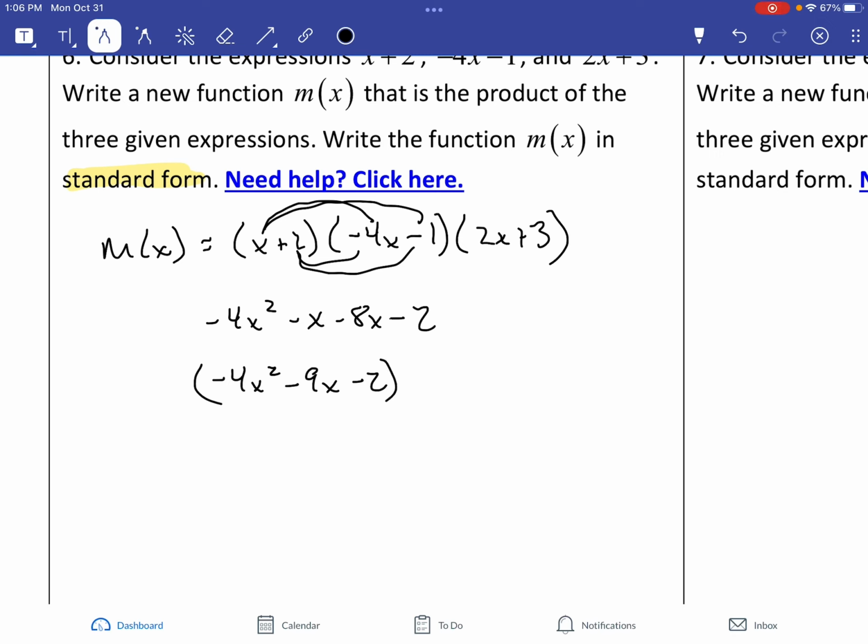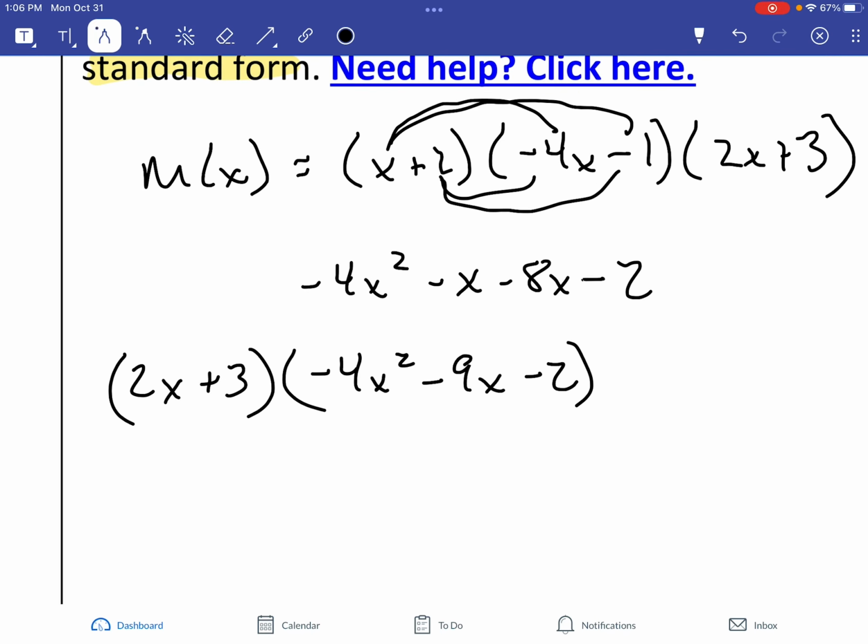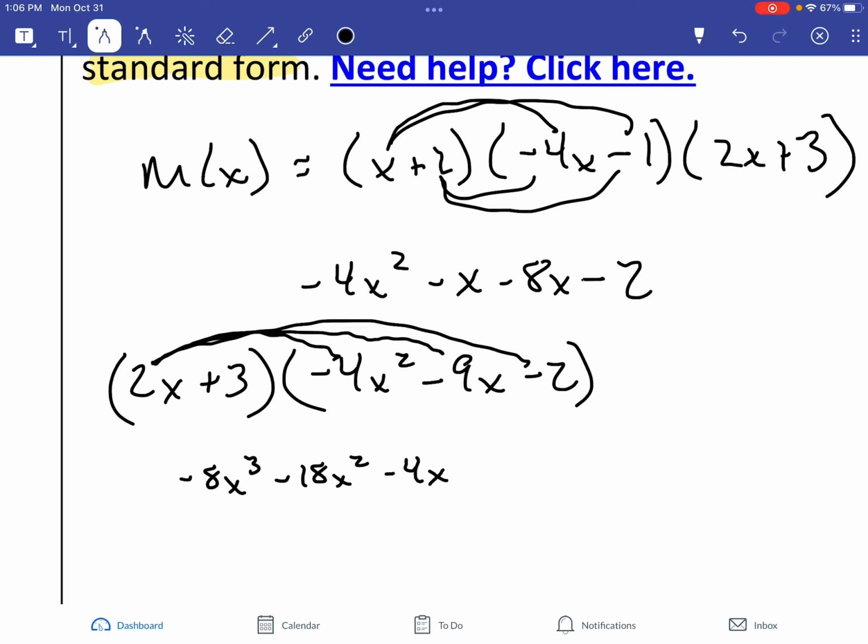I'm going to put the 2x plus 3 out in front because I find it's easier to multiply the 2 times the 3 versus the 3 times the 2. So again, I'm going to rainbow this sucker. 2x times negative 4x squared is going to be negative 8x to the third. 2x times negative 9 is negative 18x squared. And 2x times negative 2 is negative 4x. 3 times negative 4x squared is going to be negative 12x squared. 3 times negative 9x is going to be negative 27x. 3 times negative 2 is negative